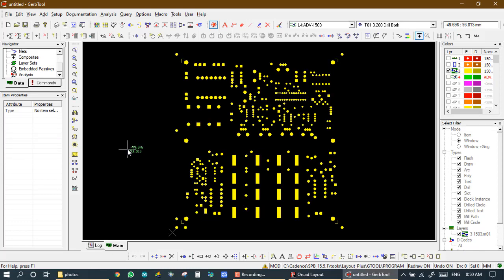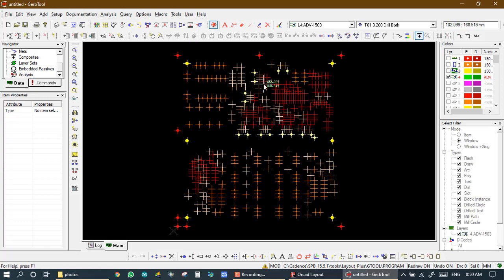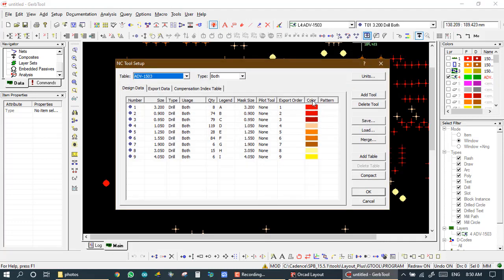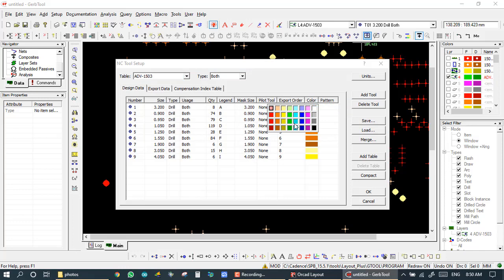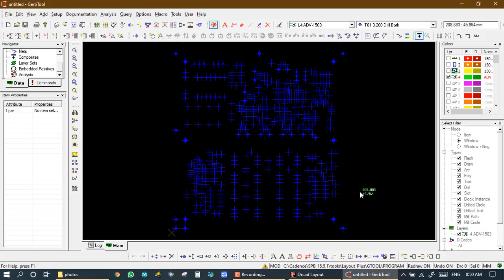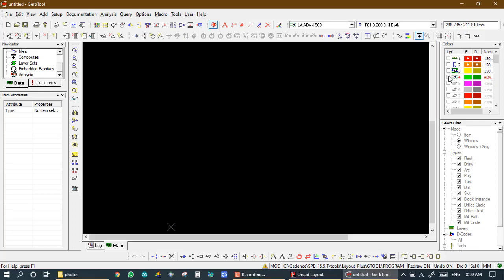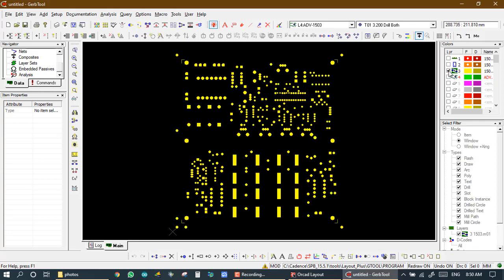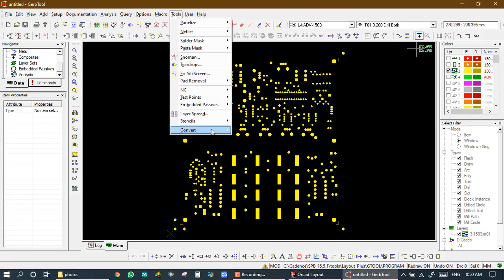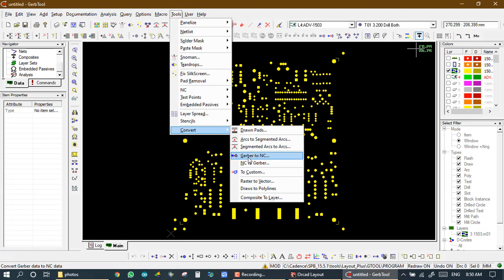If I want to convert to an NC layer, this layer is called an NC layer. I set the color blue for visibility: right click, set all tools and blue. OK. Control R for home. So this is my masking layer of flash decode. If I want to make this flash layer into an NC layer, then we just go to Tool, Convert, and Gerber to NC.